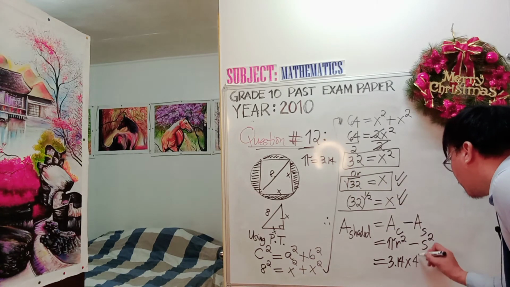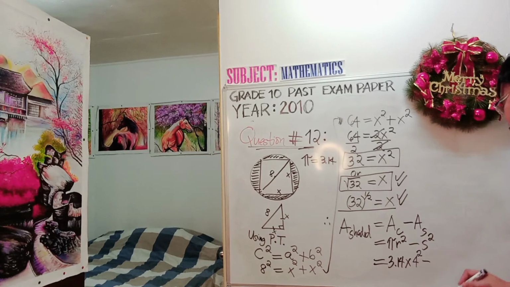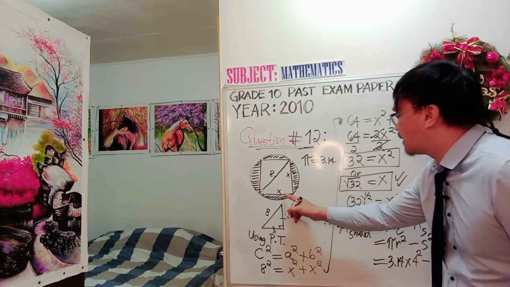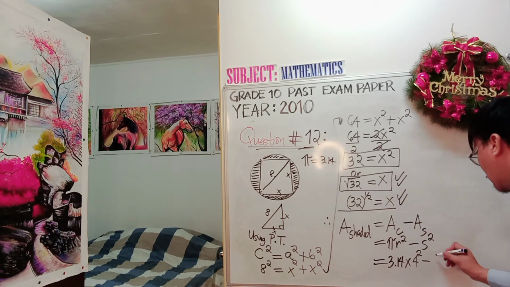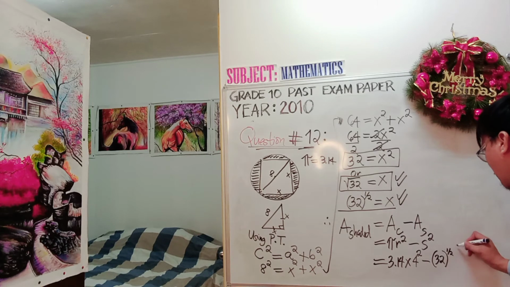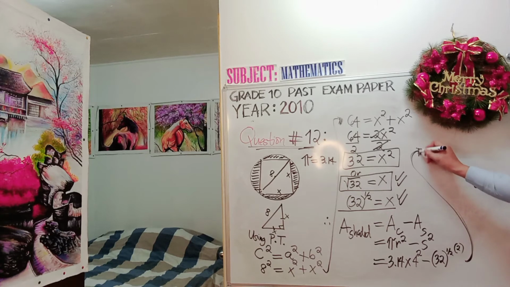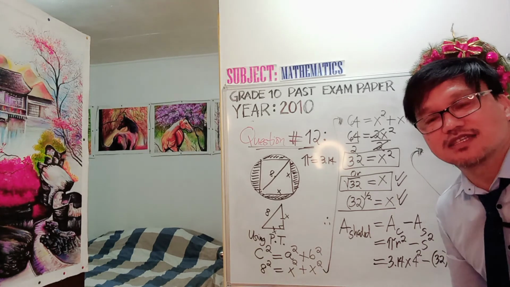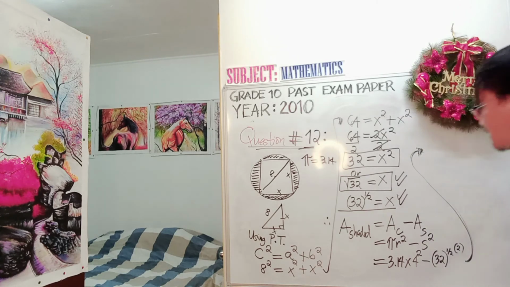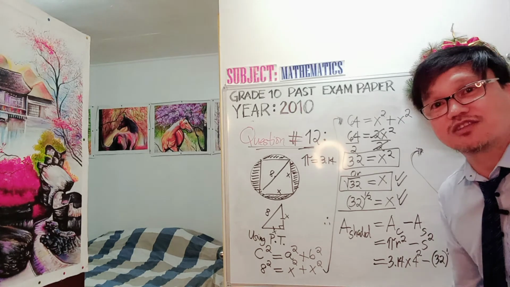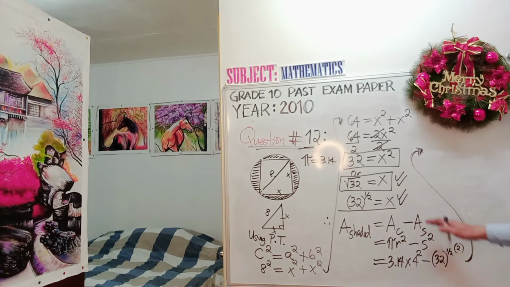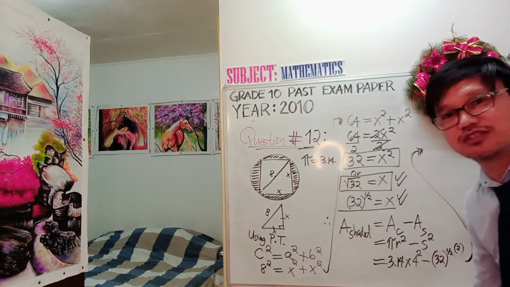So this will become 4 squared minus the area of the square, where the side is x, which is 32 to the power of 1/2, raised to the power of 2. I hope that you understand this one, grade 10 students, because this kind of working out is usually for the advanced mathematics students, who are grade 12 students, but I'm pretty sure you will be able to manage this kind of question, grade 10.